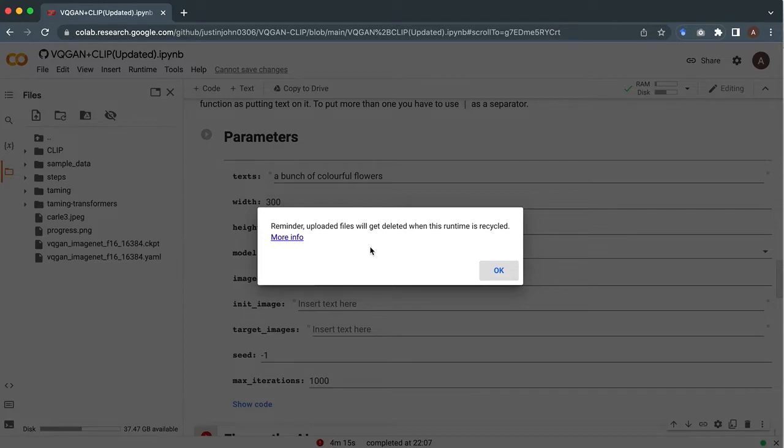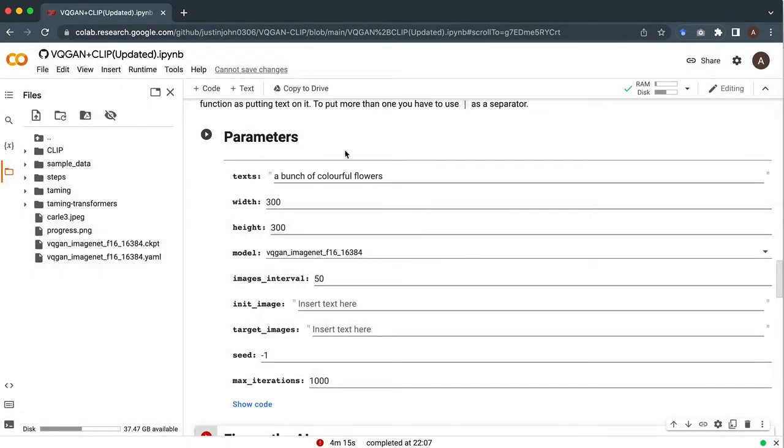And if you wanted to do that, then click OK here. You can see there's a copy to drive icon there. So you could do that, set up on your drive, and then your images would be kept for longer. But for doing small tests like this, it's not really necessary. We can just use it in the runtime, and it doesn't matter then if we close it down and it's gone. So we've uploaded our file here,